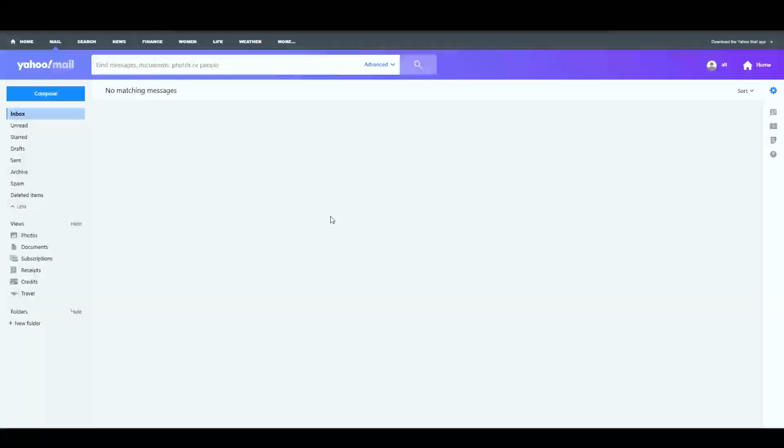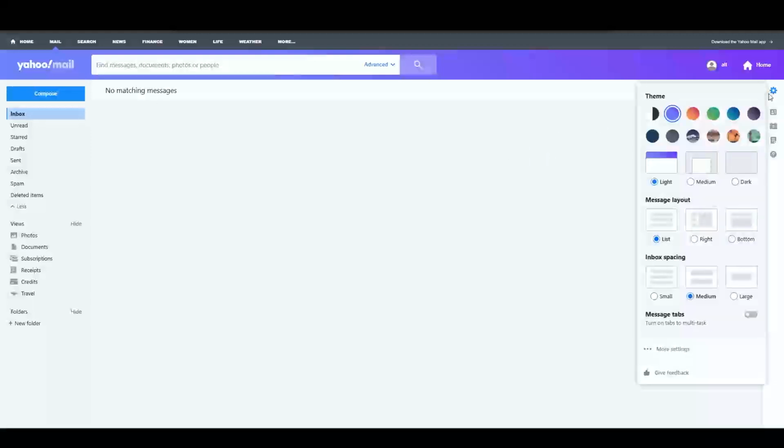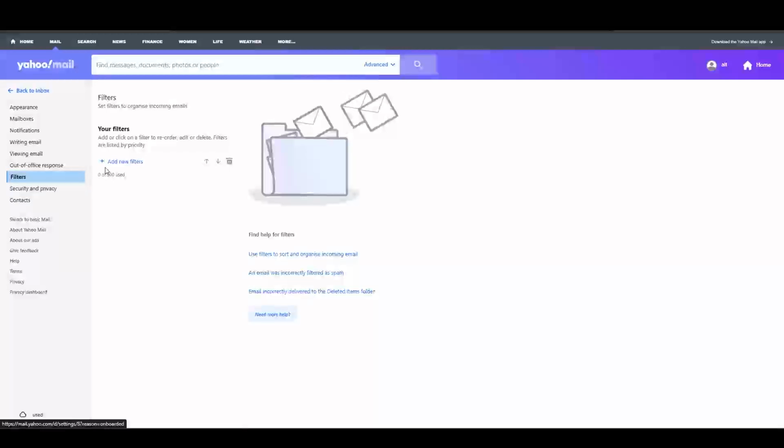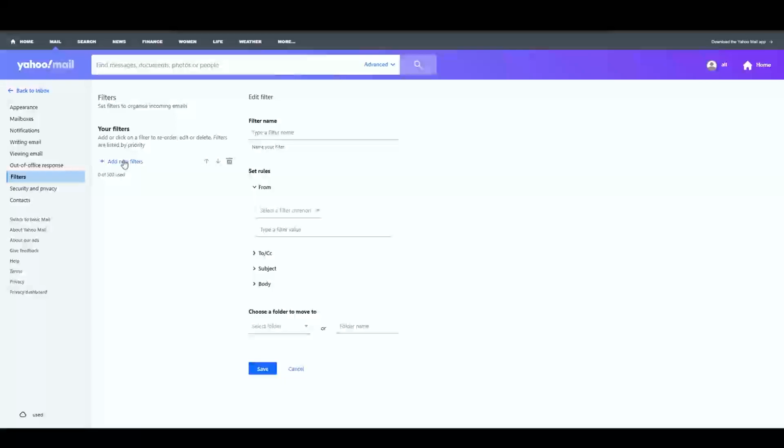First, open your preferred browser and go to Yahoo email. Here on the right side, click on the gear icon, then click on More Settings. Now on the left side, look for the filters option. Once here, click on the Add New Filters option